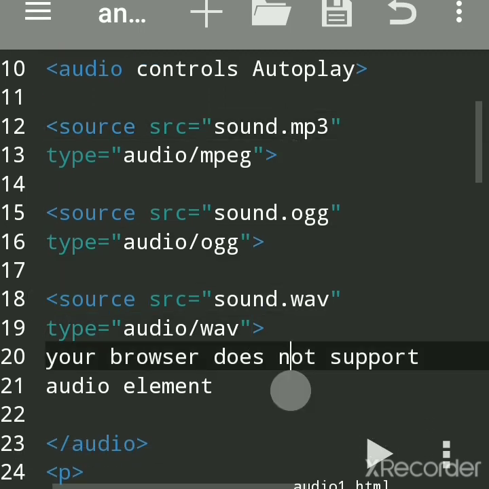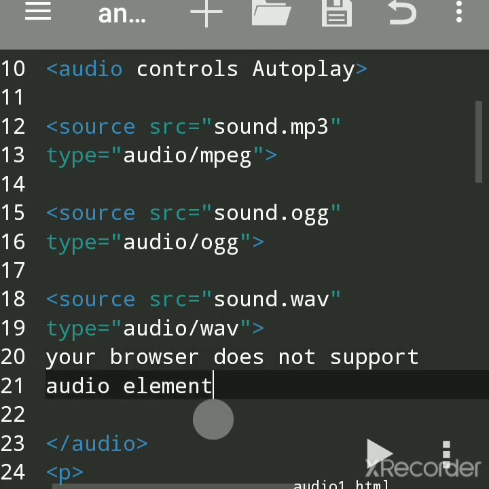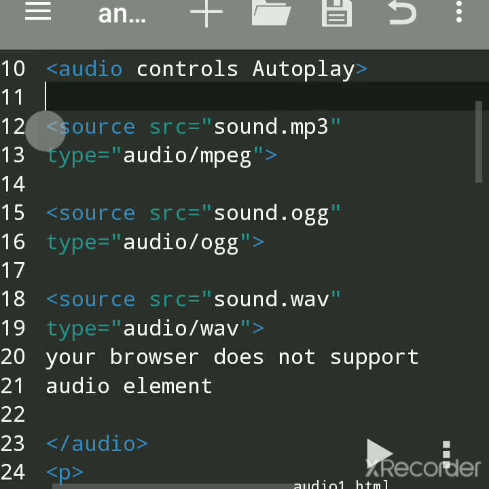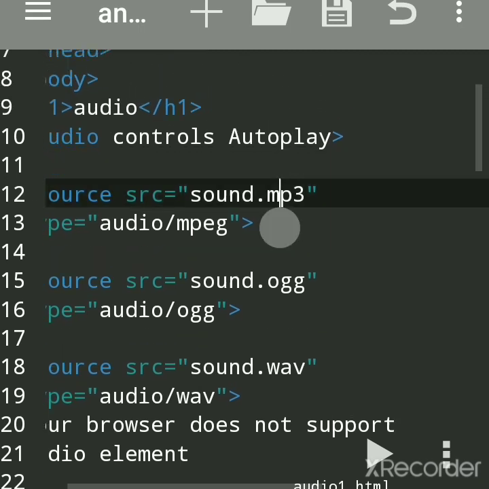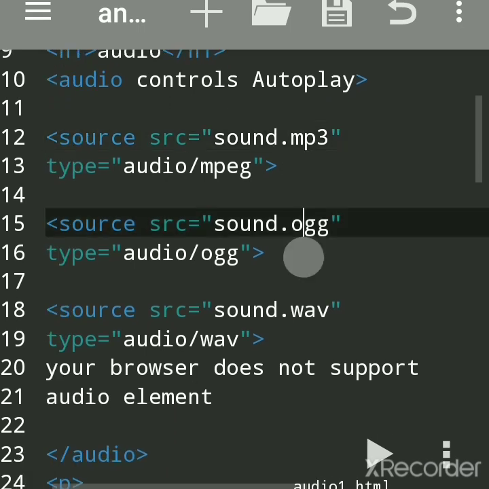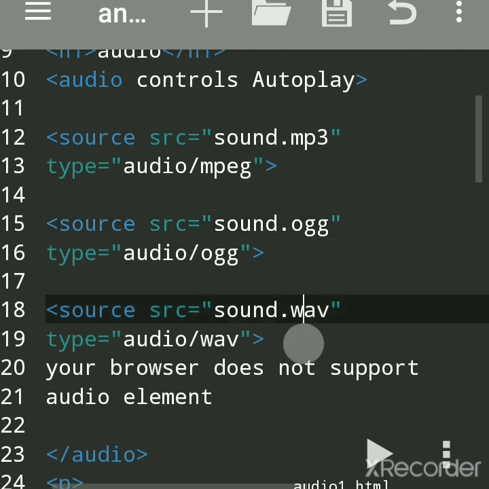The appropriate message will be displayed only in that browser where the audio file is not supported. MP3 is supported in almost all browsers. OGG is not supported in Edge and Safari, and WAV is not supported in Edge, that is IE.